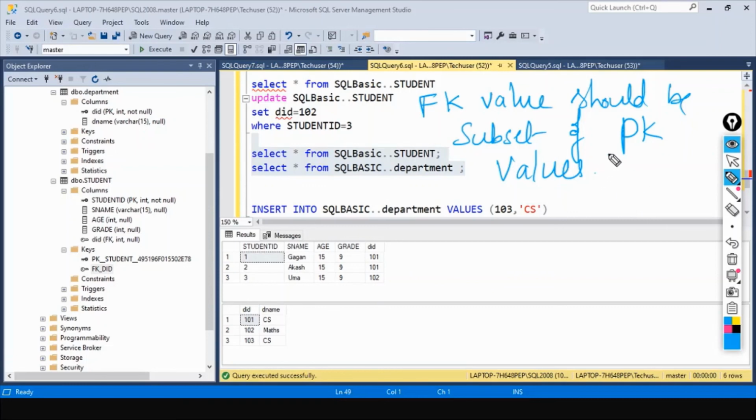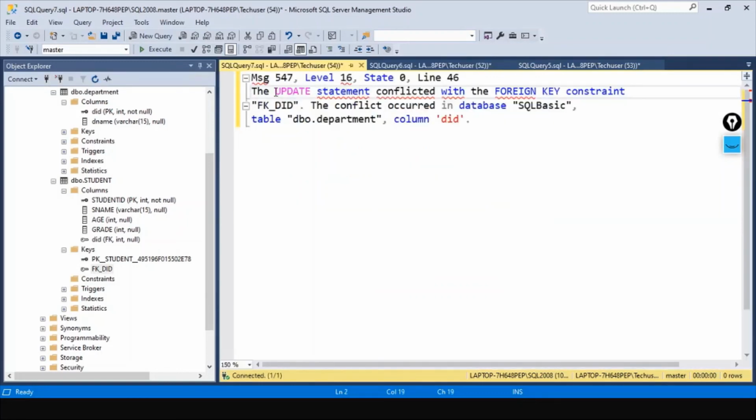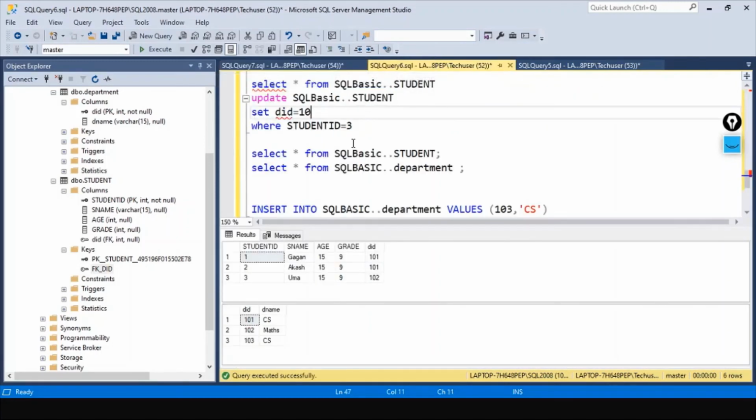We did see, right, the moment we entered a department ID which is not present in the department table, it immediately gave us this error, which I still have on my screen: update statement conflicted with the foreign key constraint. That is what I just mentioned: a foreign key must have a reference to the primary key. These are the simple guidelines which we have to follow while creating the primary and foreign key constraint.